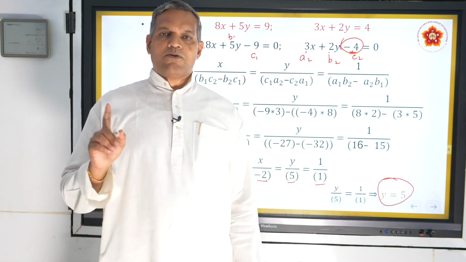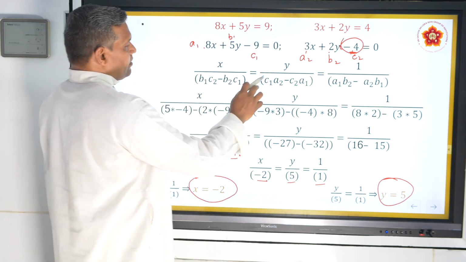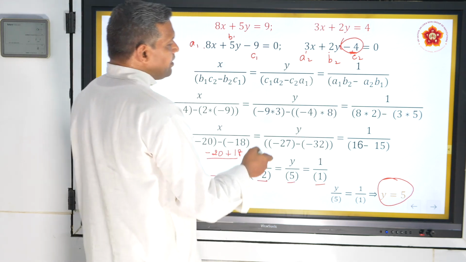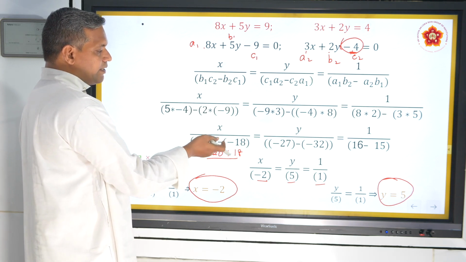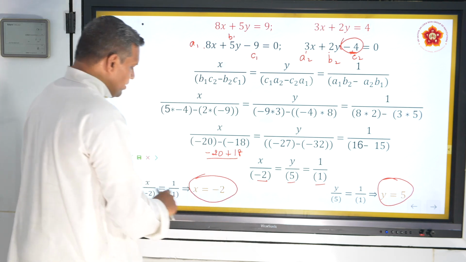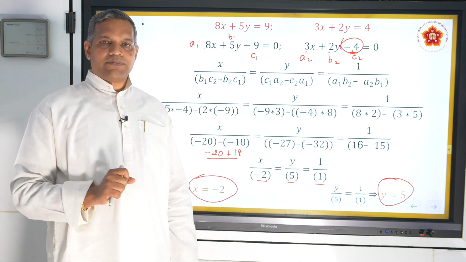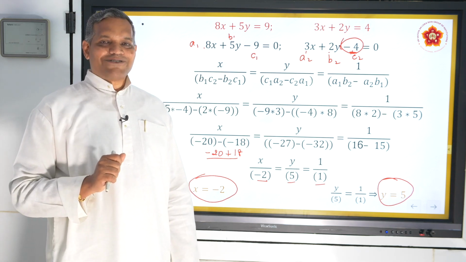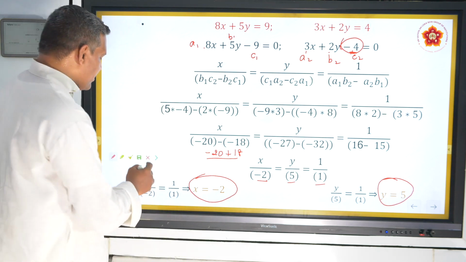See now, how much the complexity is reduced. I am just writing the formula, and that too very simple: BC BC, CA CA, AB AB, 1 2 2 1. I got my formula. Substituted some numbers, simple multiplication, subtraction or addition, and finally this is compared with this, then equating that, I get an answer. Now tell me how simple this cross multiplication method is. Finding it comfortable? You may not find it comfortable in the first sum. One or two more sums will make you comfortable. Let's go to the next sum.